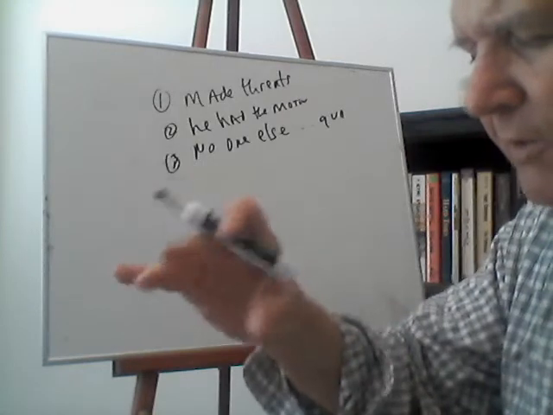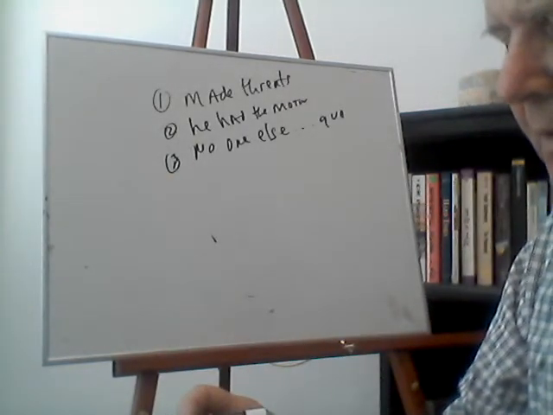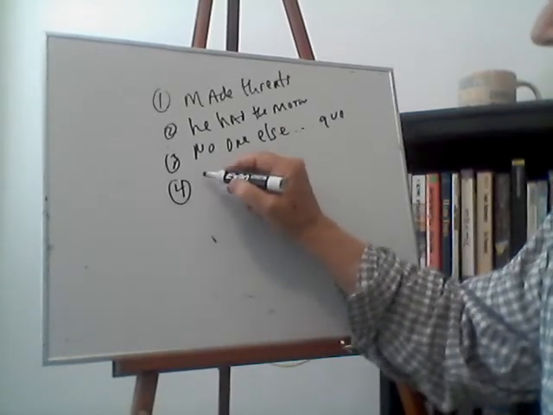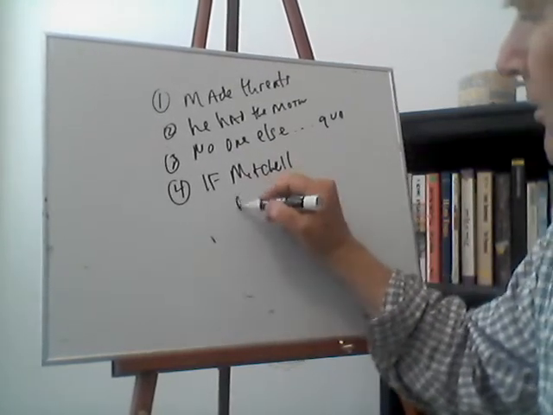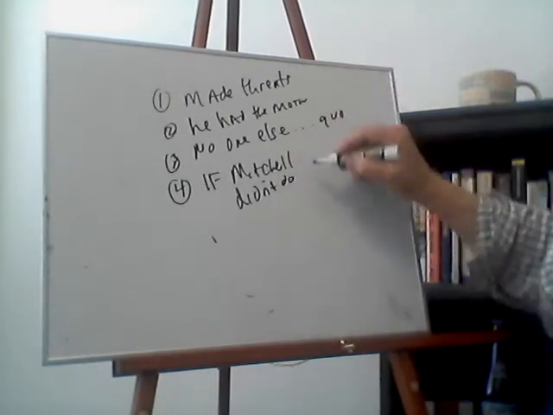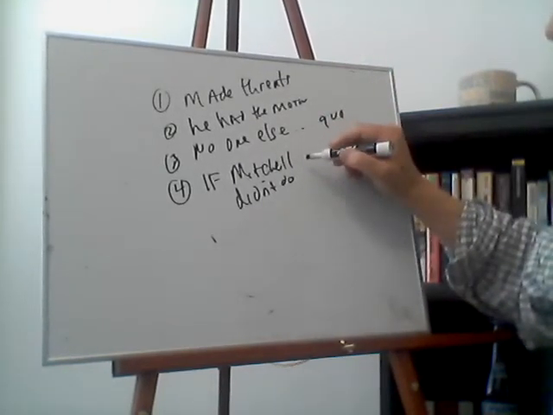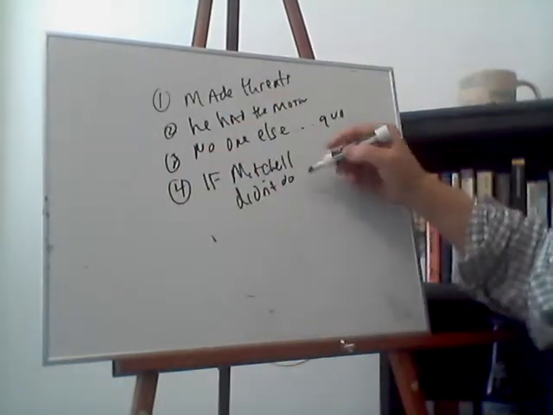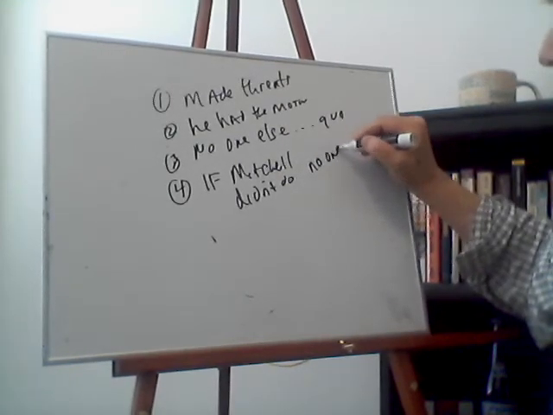I mean, you have to kind of rephrase it. The person is arguing that, well, I'll just put that as a premise: if Mitchell didn't do it. They put it in the form of a question, who did it? If you want to express what the person means, if Mitchell didn't do it, no one else could have.